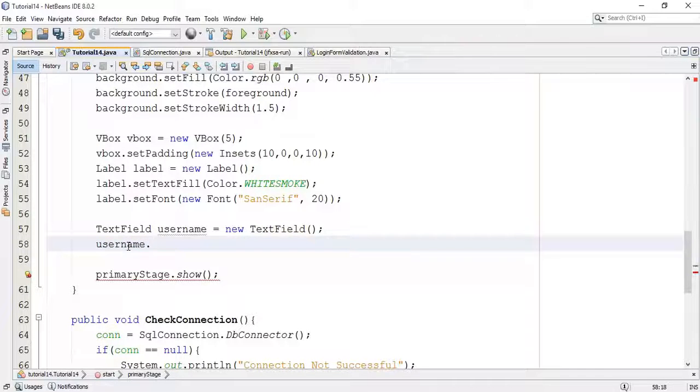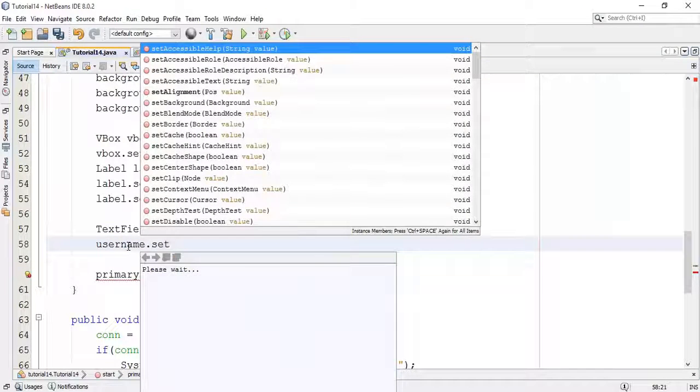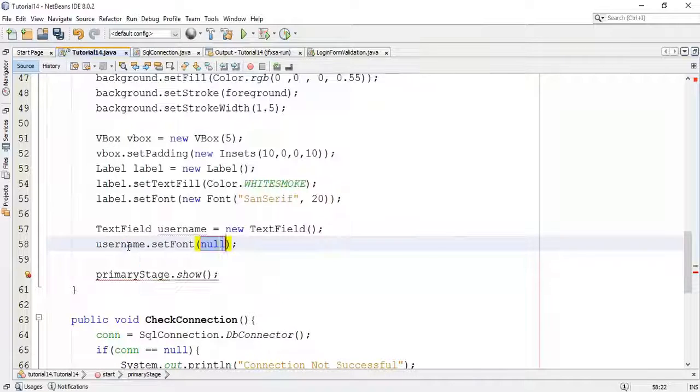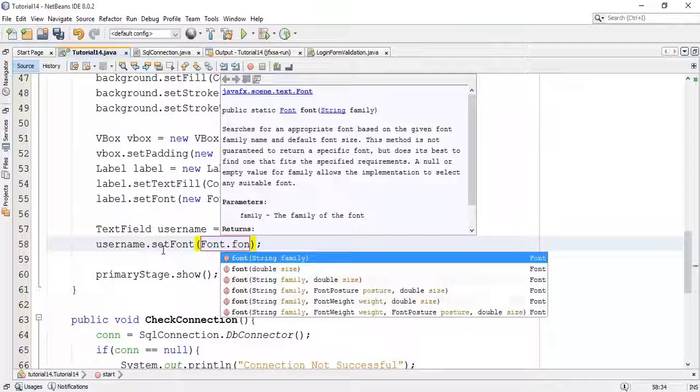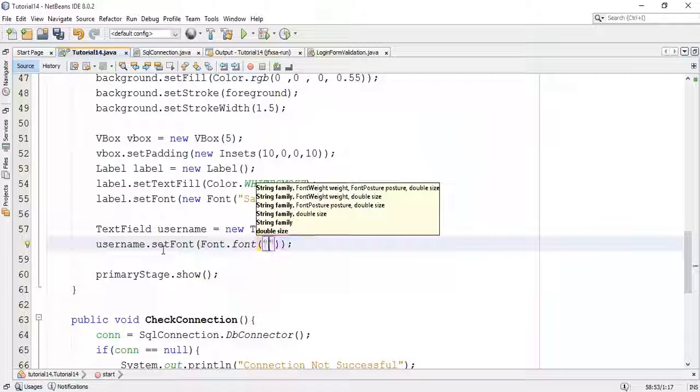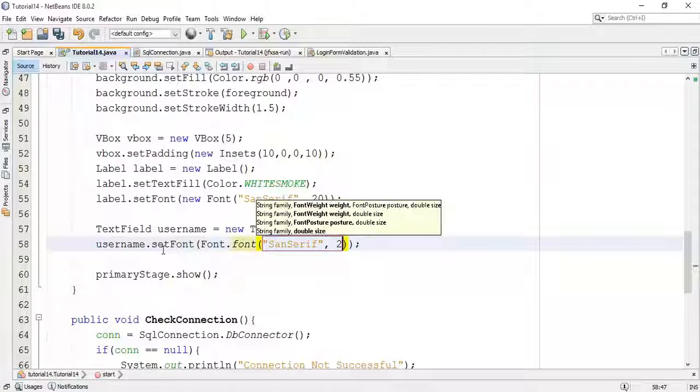So username dot set font, I'm going to say Font dot font, and I'm going to add Sans Serif again, comma font size say 20.